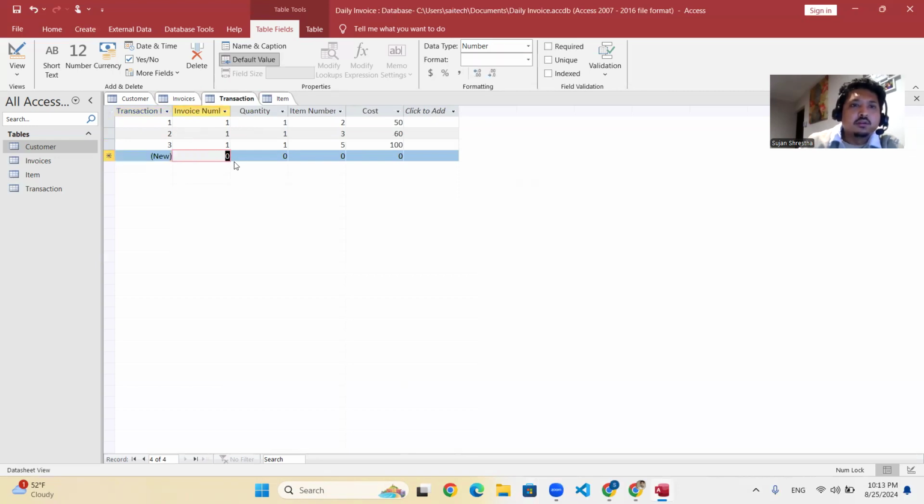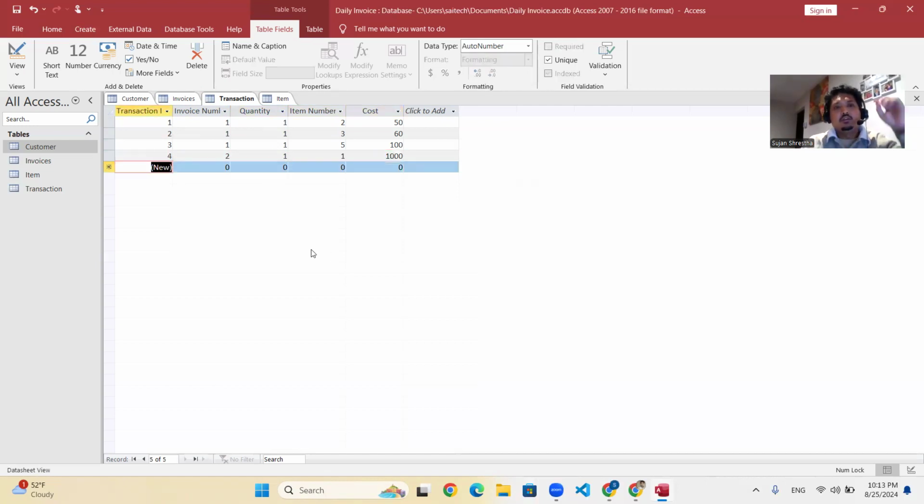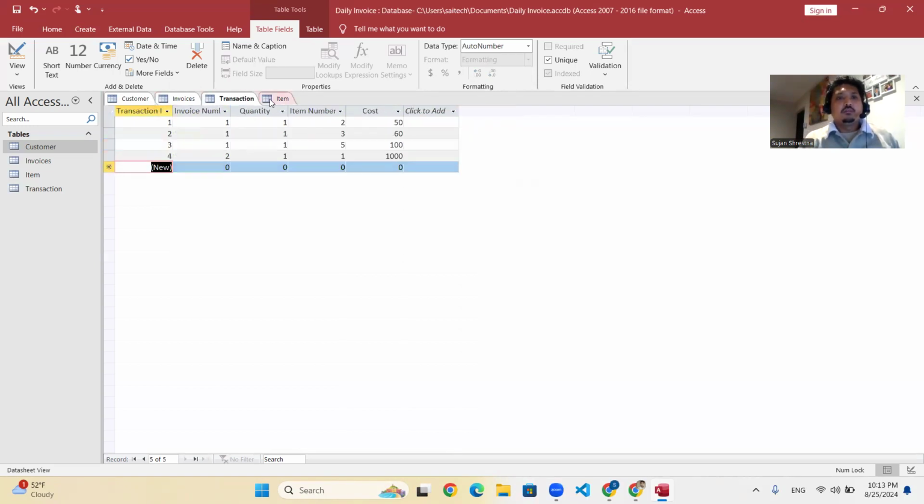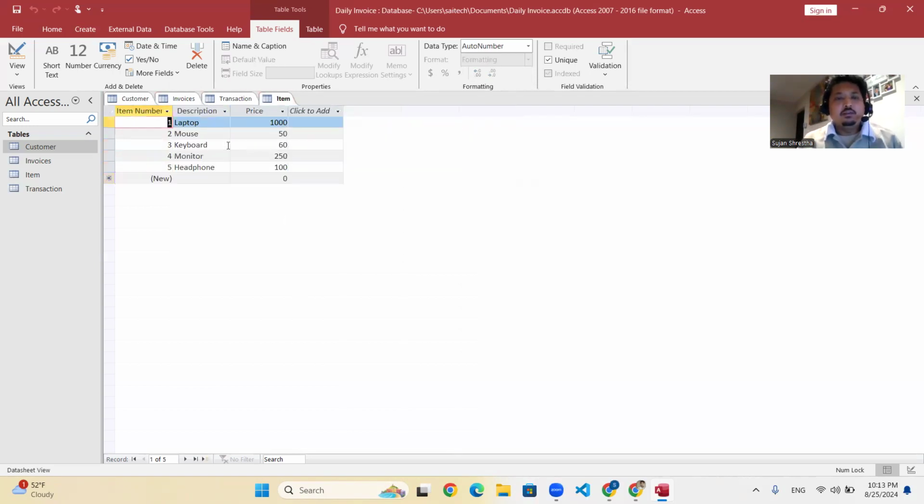So like, customer two, invoice number, quantity is one, item number is one, laptop is already a laptop. So we have created four tables, and we have added some readable fields in these tables. So now let me show you